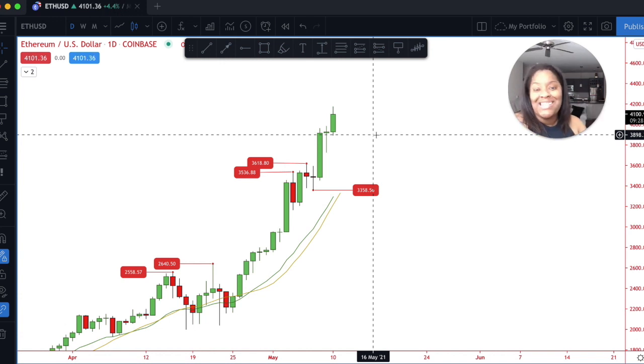Now, fundamentally wise, once again, I'm not the fundamentals trader, but I'm looking at news reports. I'm looking at people on YouTube who are speculating the news for me, so I don't have to do it, which is why I'm a technical analyst, because people are doing it for me, right? We have our own lane. But what I'm seeing here is that, okay, since Ethereum has crossed the $4,000 point above the $3,618 point, this means that they see